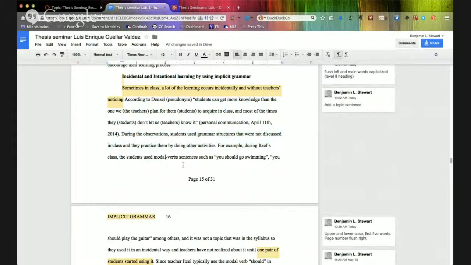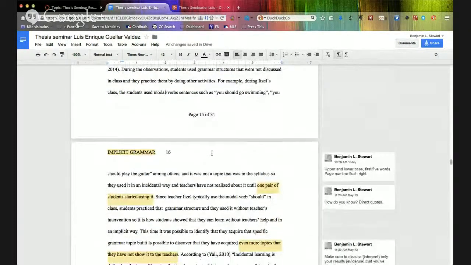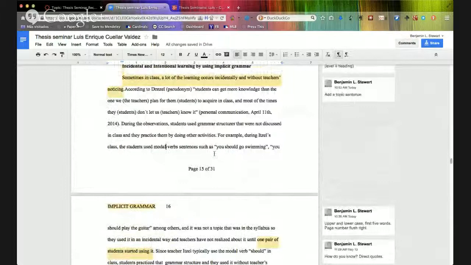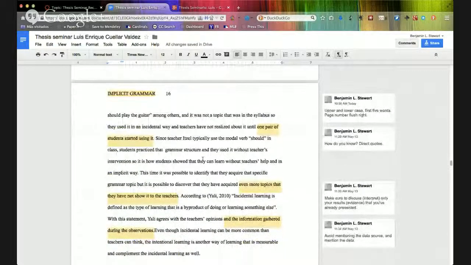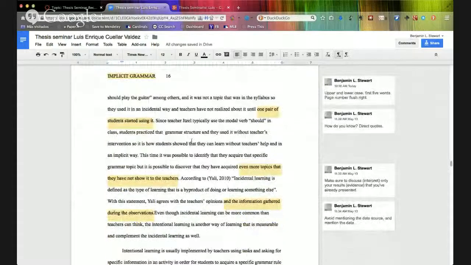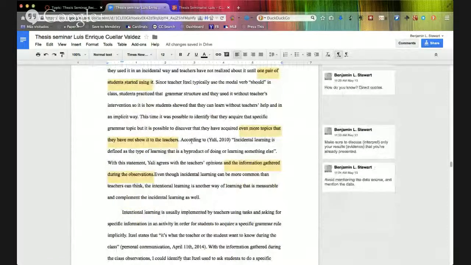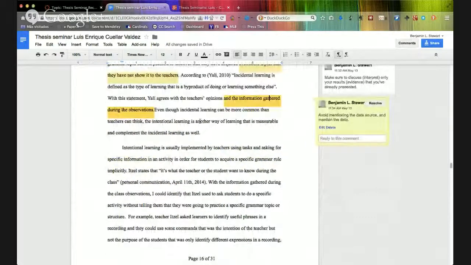Students use total verbs. Eso fue un que me hizo corregir. During the observations, students use grammar precision. Okay. Porque está ahí medio que ya. This is a little bit better here. This is getting there. Just look at these comments here.